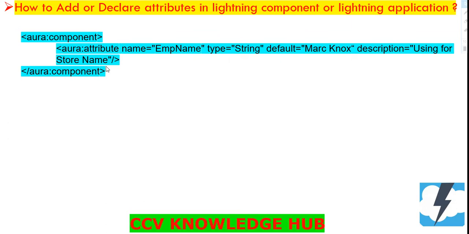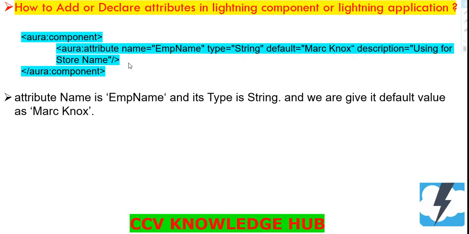By using these things we can declare the attributes. If you see this attribute, the name is employee name and the type is string. I am passing the string type, and we are giving a default value as a name.